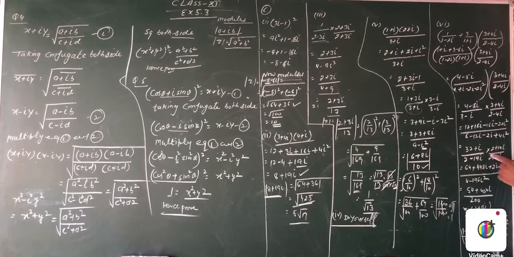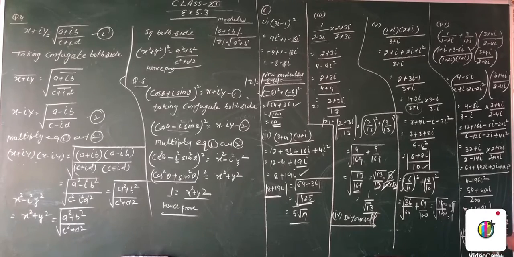Now rationalization: 2 plus 14 iota by 2 plus 14 iota. Now we multiply 32 by this term: 64 plus 448 iota plus 2 iota plus 14 iota square. We put the value of iota square, then this term becomes negative, it means minus 14. 64 minus 14 we get 54. 448 iota plus 2 iota, 450 iota, by 200. We take 50 common out: 1 plus 9 iota by 2, 200. This cancels to 4. So now we get 1 plus 9 iota by 4.